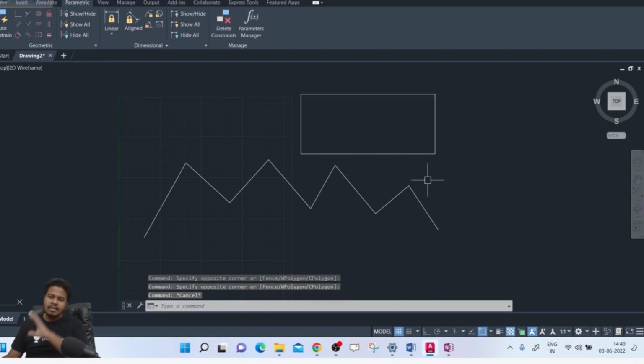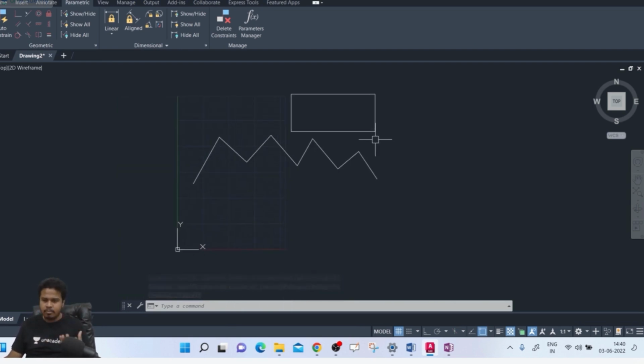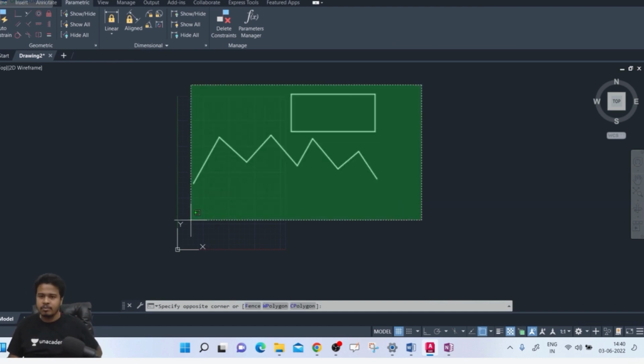Similarly, you can do this for different objects, different things. Explode, it is just opposite to join. We'll explain you some projects as well regarding this, don't worry. Now let's move